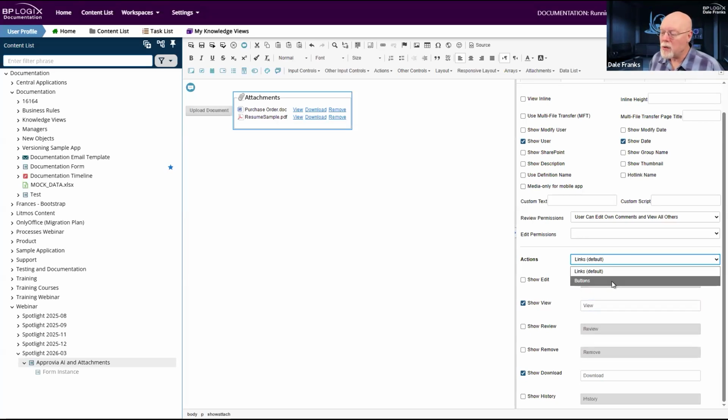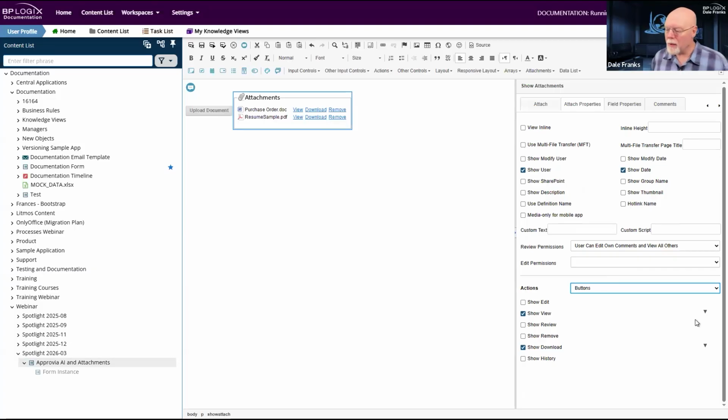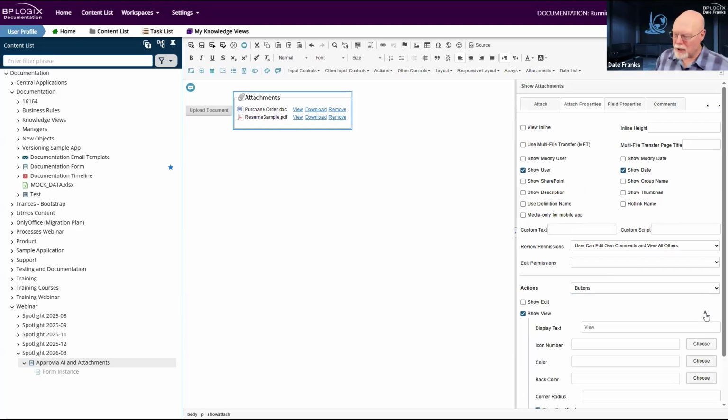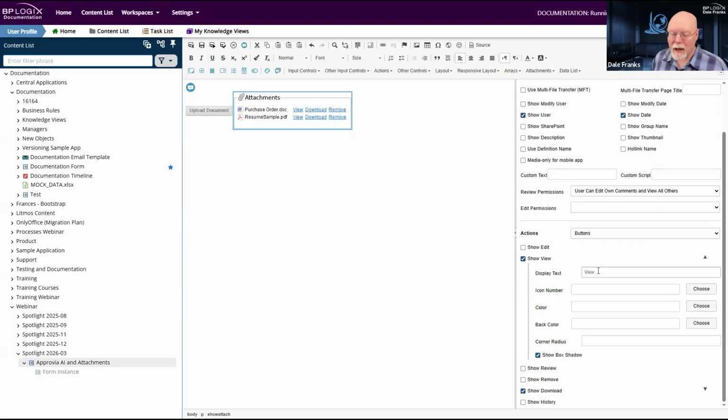Now, when you switch to buttons, you get this collapsible interface. So you get these little icons over here to expand and collapse the items. So for my show view, if I switch it to buttons, not only can I now change the text that gets displayed, but I have the ability to set icons, colors, back colors, color radius, to turn on or off the 3D effect for the box shadow.